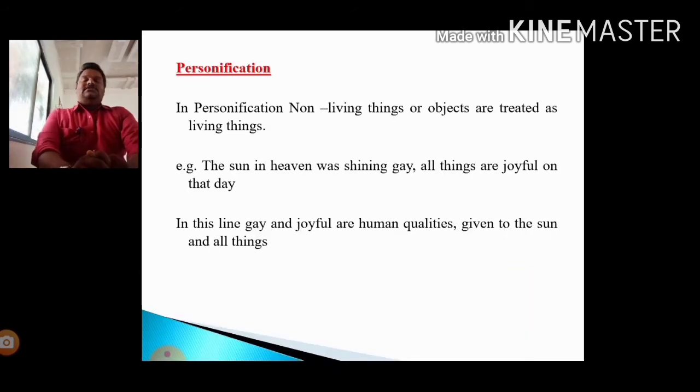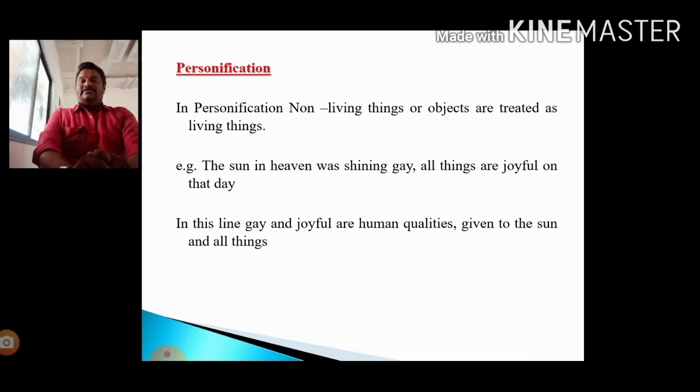Next figure of speech is personification. In personification, what happens? Non-living things or objects are treated as living things, as human things. For example,